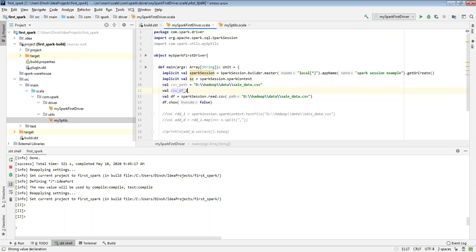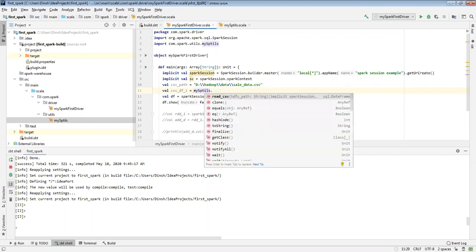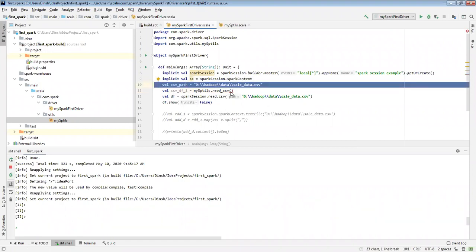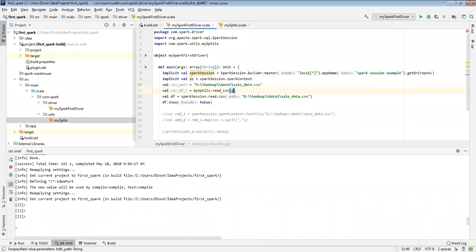So now which I have created under my util. It's a spelling mistake. I gave a wrong name, just correct that one. And dot. So whatever method I have created under that util, I got it. Correct. So here only one parameter I need to pass, which is the CSV path.